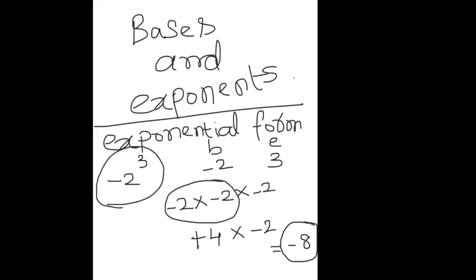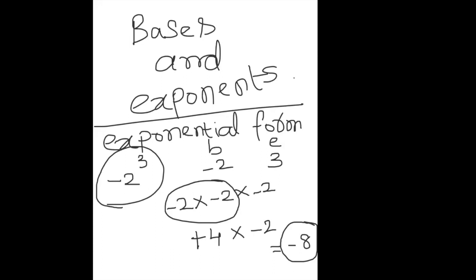Sir, base is -2. Exponent is 3. I will divide it into 2 into 2 into 2, 3 times. That is +4. I have not written it, I wrote only 4. It will get -8 as the answer. Okay, so you have the same answer, -8, but you are